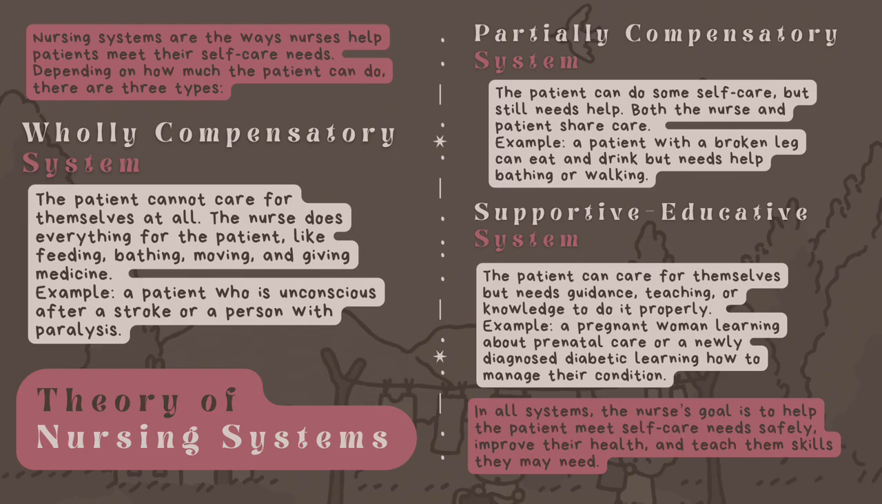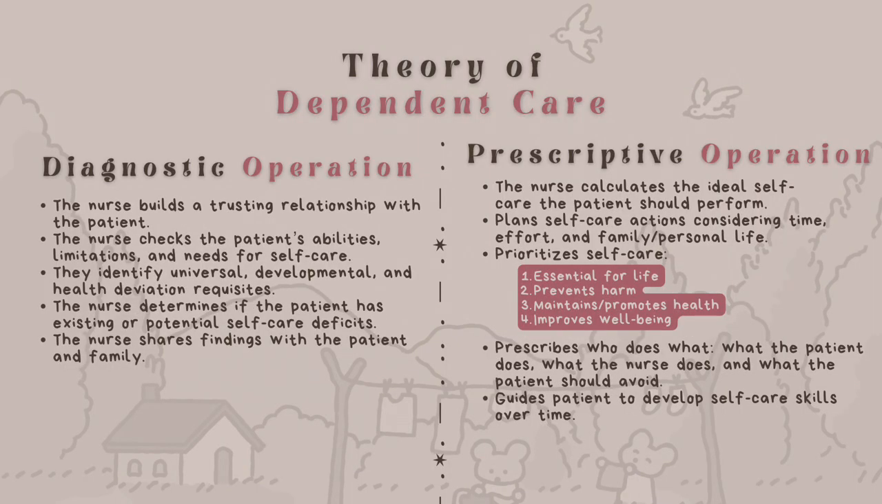But in summary, in all systems, the nurse's goal is to help the patient meet self-care needs safely, improve their health, and teach them skills they may need. Next is theory of dependent care. Theory of dependent care, we have